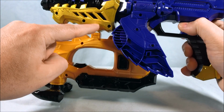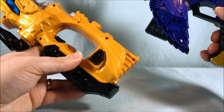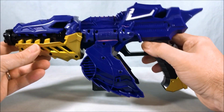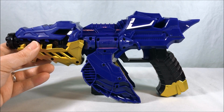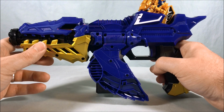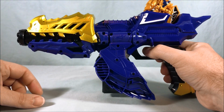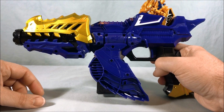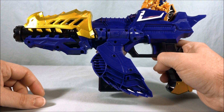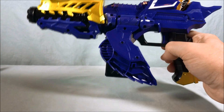because this hits into the gold part, because that's supposed to be turned around. So it doesn't really do anything to try and connect it. We have to change first. So we'll go ahead and pop in the gold Ryusoul. So now if you go ahead and connect it,